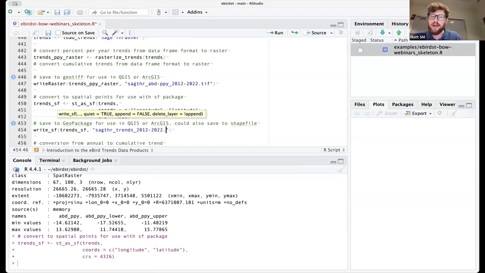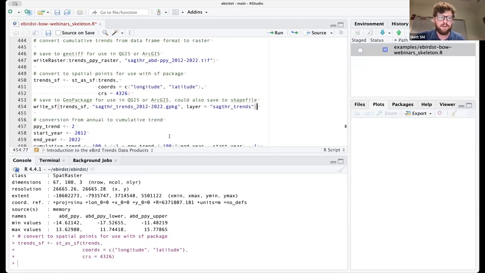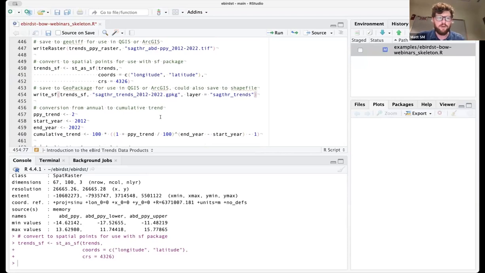I'm going to save it as a geopackage, which is sort of like a more modern, fully featured form of a shapefile, but you could also save it to a shapefile. And I'm going to give it the layer Sage Thrasher trends. So that'll save it to my computer.